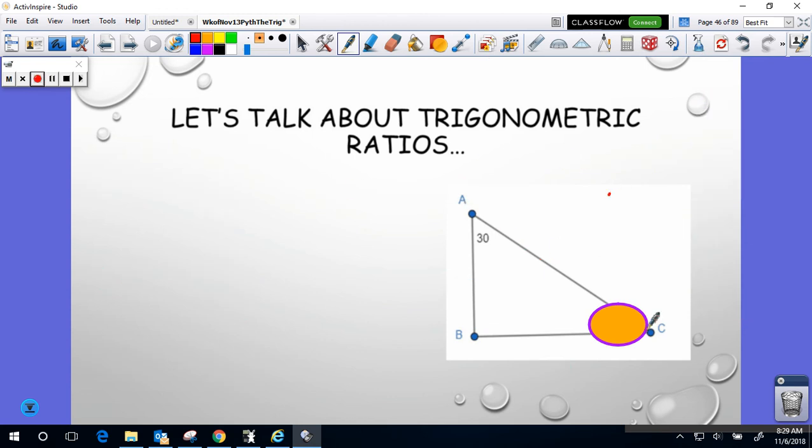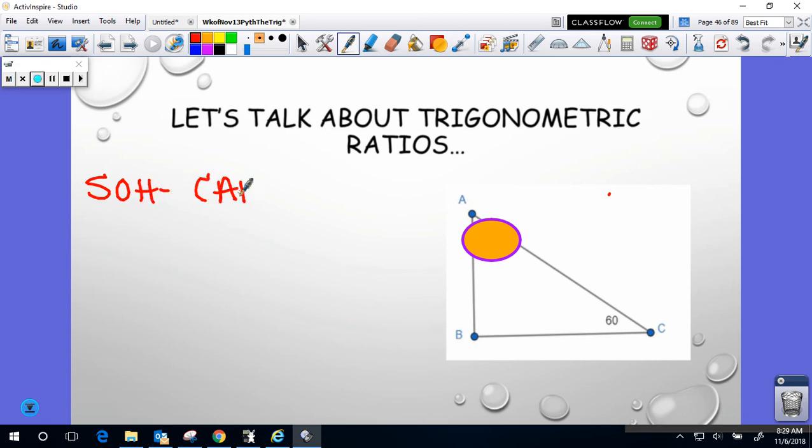Alrighty, so what if I wanted to do this angle instead? I wanted to do my trig ratios for this angle, and I'm going to use SOHCAHTOA, whichever way you want to remember it. This should be, oopsie, hold on guys. This should be OA. Okay, so if I wanted to do sine of 30, first I need to label these